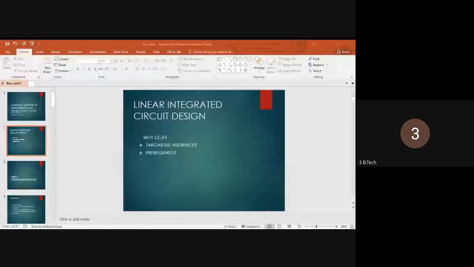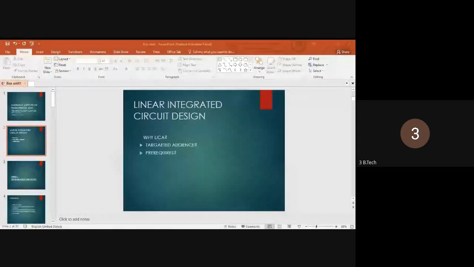What are the functionalities of diodes? A diode works as a switch, and in its reverse bias it offers very high impedance, a lot of resistance. In its forward bias it works as a switch. So if you join two materials, we get different applications. If you add one more layer to this, that is a PNP, which is nothing but a PNP transistor.